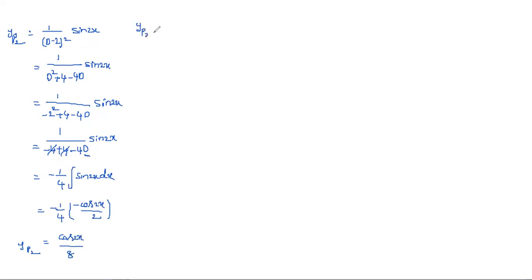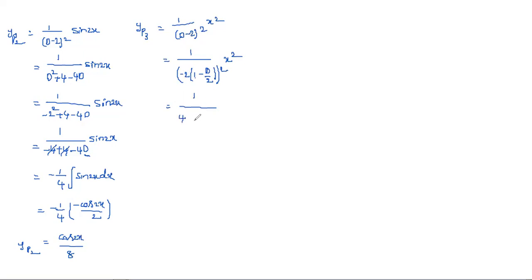So yp3 is nothing but 1 by (D minus 2) whole square into, so what is the polynomial they give? x square. Now, is this directly in the form of 1 minus something? No. So for that, simply we can take common minus 2, the lowest or constant one. And then what we'll get? 1 minus D by 2 whole square into x square. See here, minus 2 into 1 minus D by 2. Minus into minus plus, 2 and 2 both will cancel, D as it is. So this is simply 1 by (minus 2) whole square and so on.